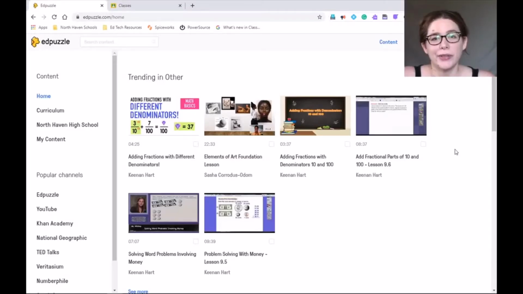Hi North Haven, this video is going to show you how to create an assignment in EdPuzzle. There are a couple different ways to do that, but the first thing I'm going to show you is how